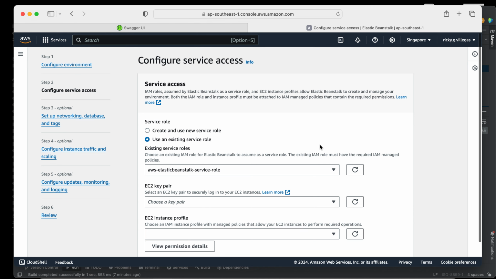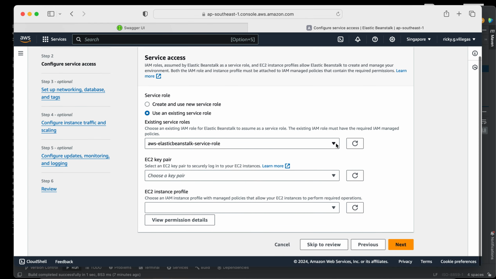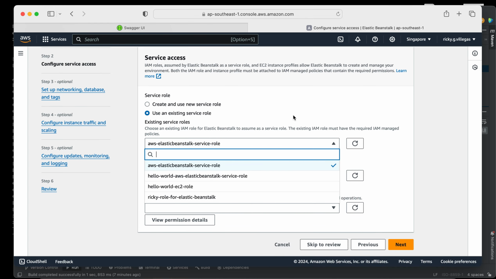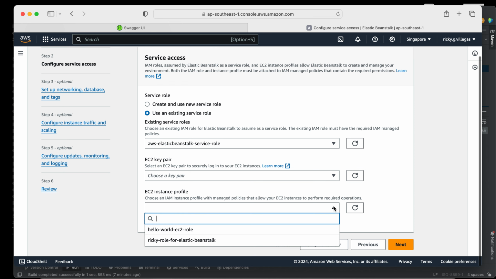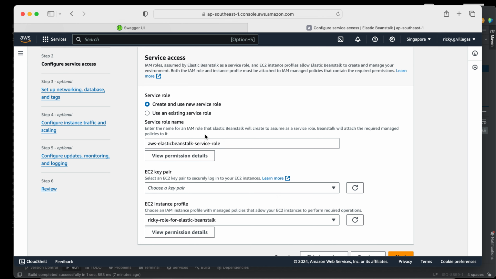Then we use the existing service role. I've created this previously, so just use the existing one. Then for the EC2 instance, we use this one. If it's the first time, you have to choose create, and whatever you specify here will be created automatically.